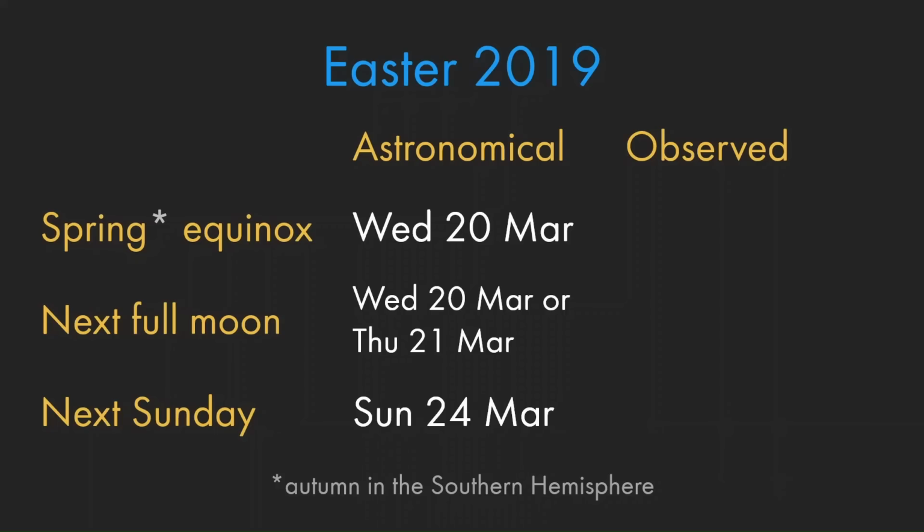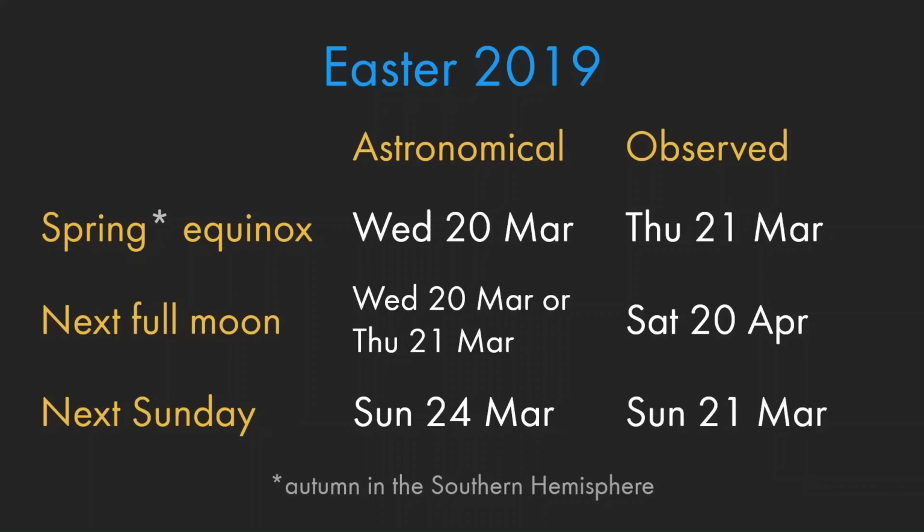The ecclesiastical system, on the other hand, put the equinox on the 21st, as it has done every year since the 4th century, but it put the corresponding full moon strictly on the 20th. That meant we had to wait another month for the next full moon to roll around before Easter could happen. That full moon, according to the tables, happened on Saturday the 20th of April, so the official date of Easter was Sunday the 21st, unless you observe the Julian calendar, in which case it happened a week later on the